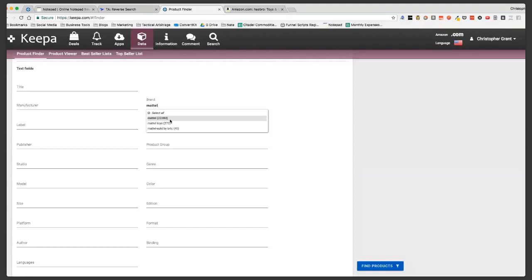So what this does is it allows us to get a ton of data really, really quickly, and allows us to go and reverse search that, wholesale search it if you want with a reverse search turned on, and just start finding items other people aren't finding. So I think one of the most powerful portions of this is going to be finding out of stock items. You're going to be running through a lot of data and not finding as many, but you may be finding something that's out of stock that you can bring back to market that other people aren't even thinking about. And you can do that all just by using this product finder.